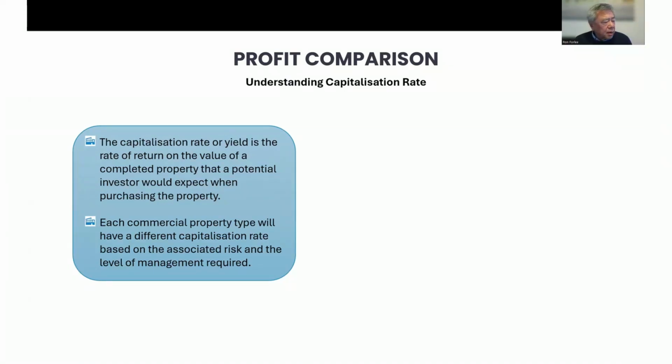If you're within Perth or one of the major cities and it's a good location, you'll find that the institutional investor would accept anything between 5 to 7%, depending on the economic conditions at that particular time. When the economy is buoyant, they would probably accept a lower return. But if you're developing in a regional area or regional town, the capitalization rate or return they expect would be a lot higher because they consider it a higher risk.